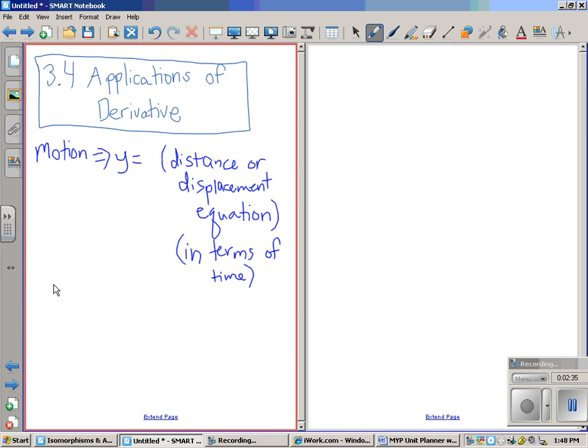Now think of what rate of change of motion would be. Well, if this is in terms of time, the rate of change of motion is the change in displacement versus change of time. In other words, it is the velocity. And since it's the rate of change, the way we get rate of change is by doing y prime. So y prime is the instantaneous